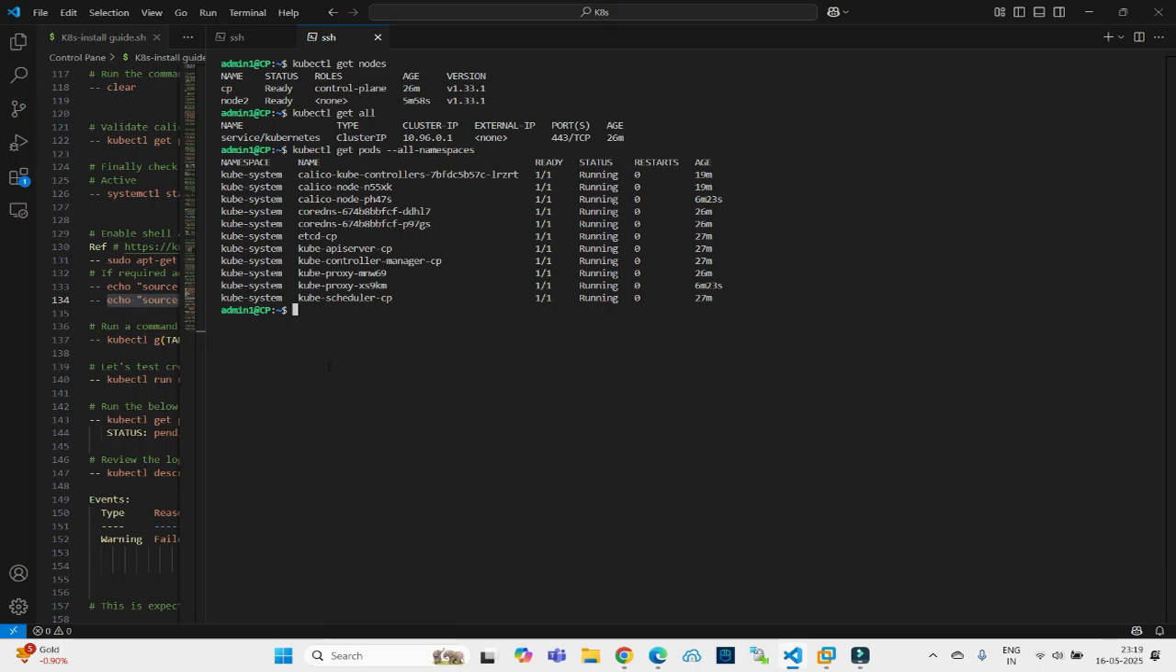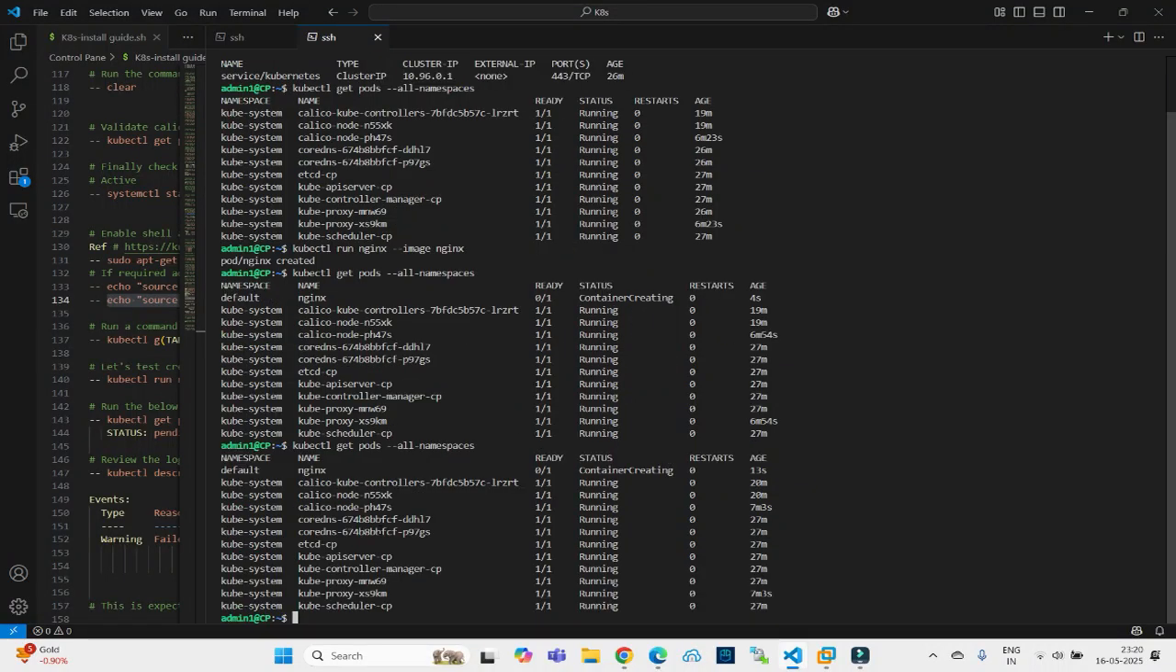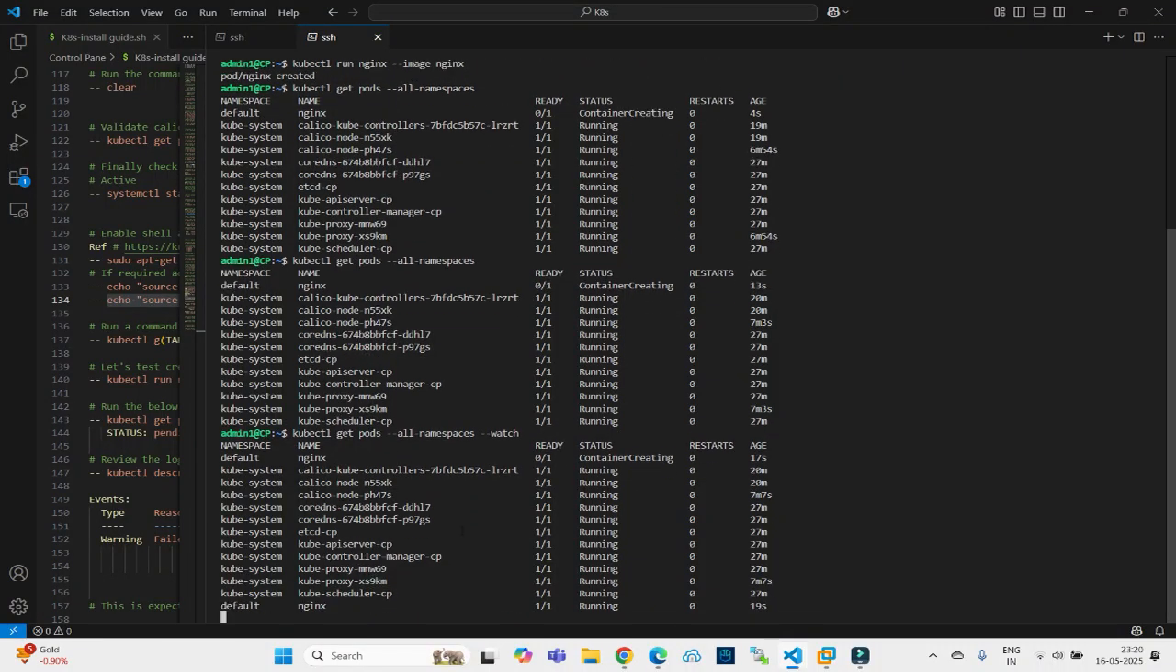Let's create a pod as a test to complete our project of Kubernetes cluster installation. kubectl run nginx, image nginx, and hit enter. It's created. So if I do get pods now, we can see it is creating a container or a pod for us. Let's do a watch until it's ready, or we can also do, there you go,